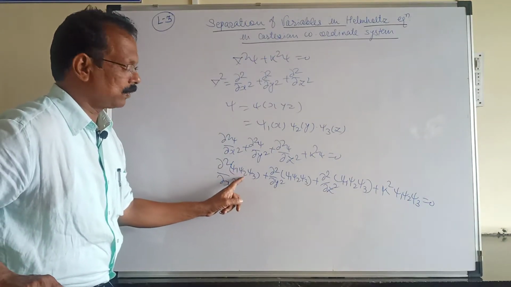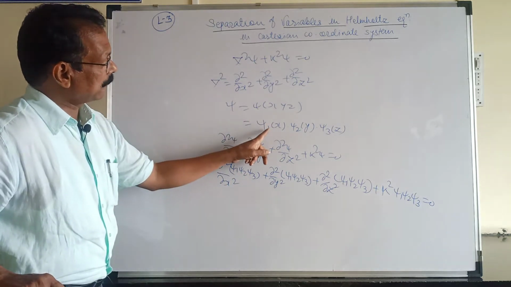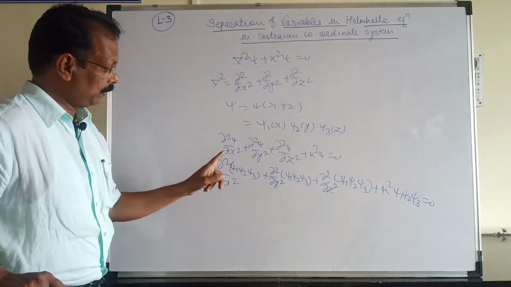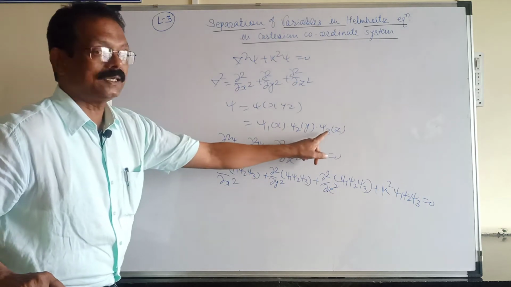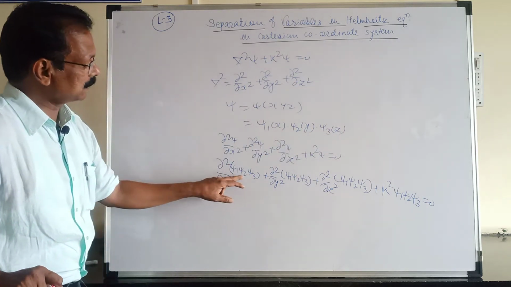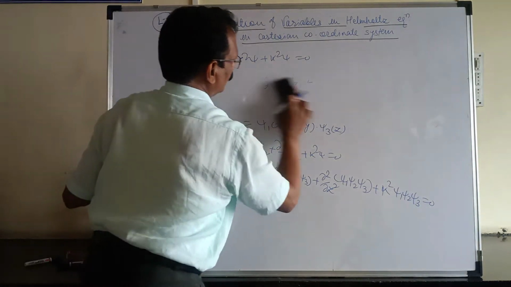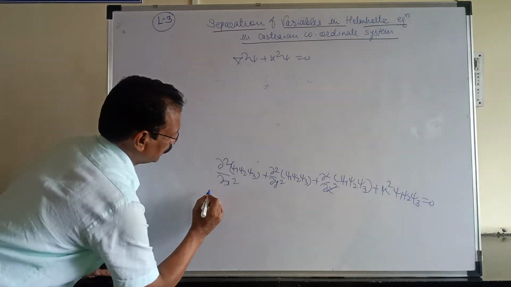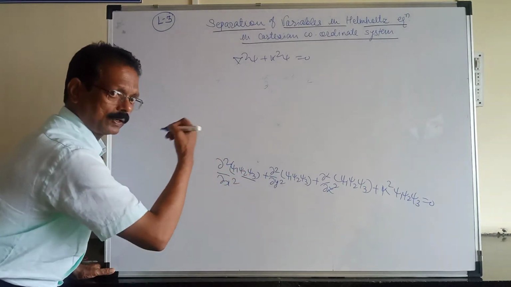Now we have to differentiate psi 1, psi 2, psi 3 with respect to x only. But we know that psi 1 is the function of x only. Now we have to differentiate this term with respect to x, but psi 2 and psi 3 are the function of y and z only. For that, psi 2 and psi 3 are constants that we have to take outside the bracket. So we can write it in this way.